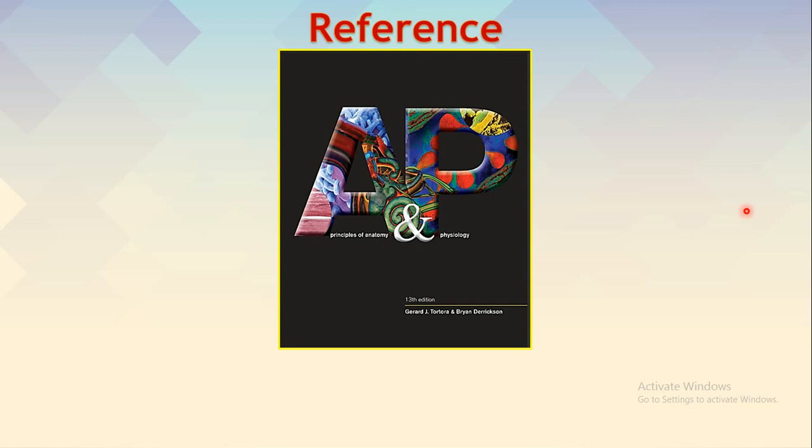So we have covered the two main functions of the spinal cord, that is the propagation of the nerve impulses in the form of sensory as well as motor tracts, and the reflexes, which is actually the integrative function of the spinal cord. So we have covered the different examples of the reflexes: the stretch reflex, tendon reflex, withdrawal reflex. Okay, this is the reference.